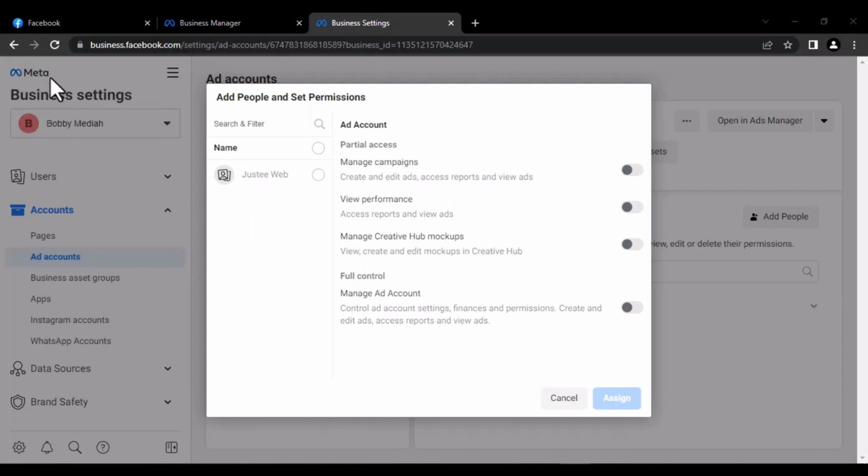As you can see now, I've already created the ads account. The next option is to select who I want to give permission on my own ads account. I'm actually giving my own profile account the access to my ads account. So I'll choose manage account, that is full control of the ads account. You need to give your own profile the full control over the ads account, so that you can have the option to access all the features on the ads account. So you click on assign here.